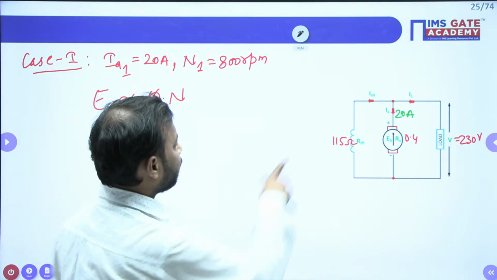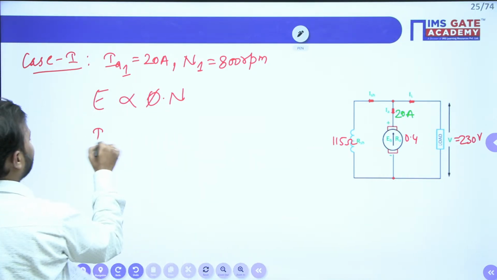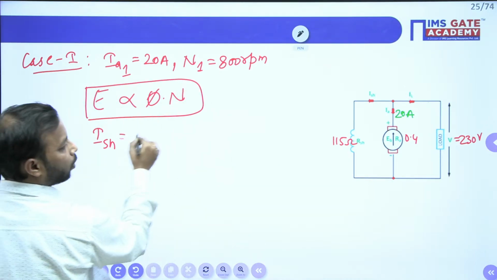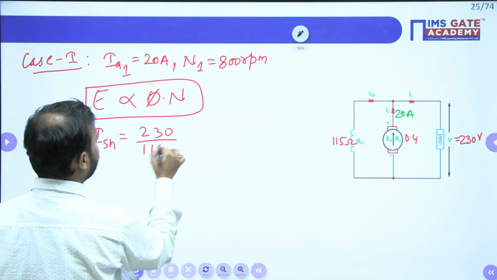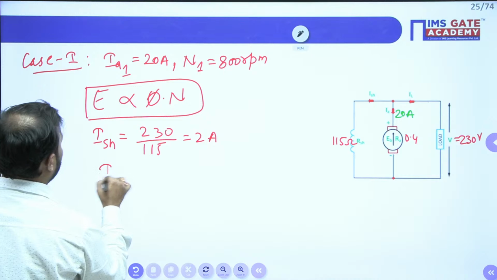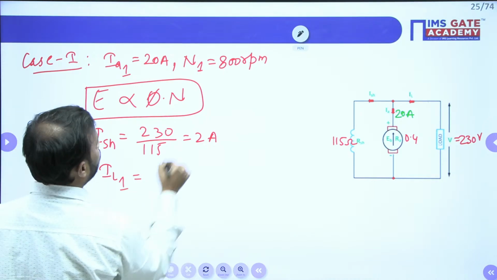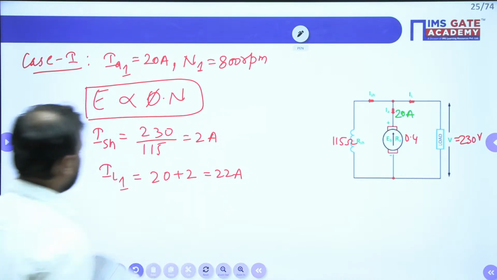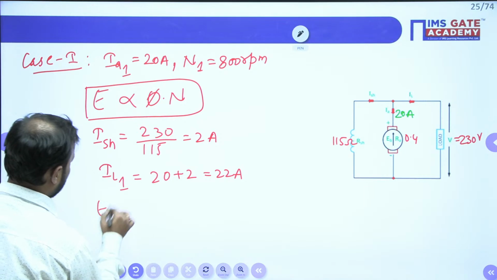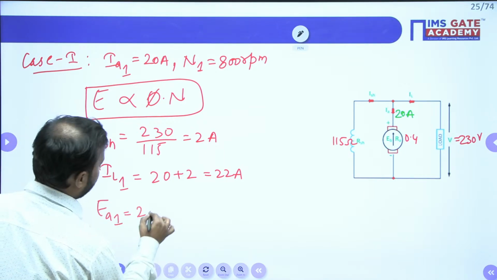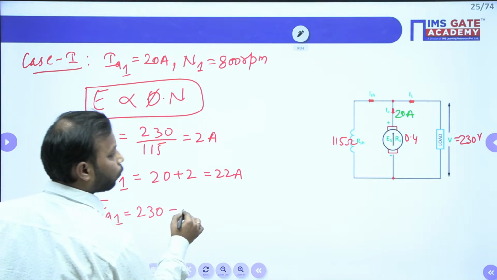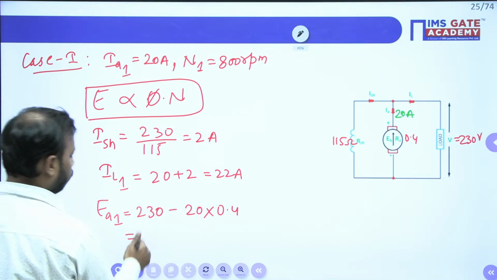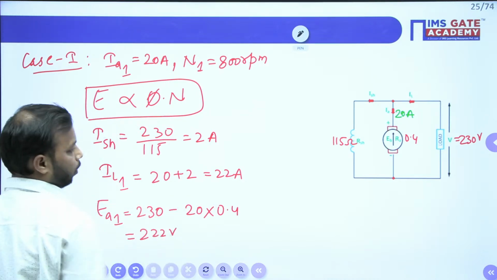All right, now this is the first case. Here ISH is equal to 230 divided by 115, so this is equal to 2 ampere. So here IL1 is equal to 20 plus 2, which is 22 ampere. Done. So EMF EA1 is equal to VT 230 minus IA1, 20 into 0.4, so this will be equal to 222 volt. So from here